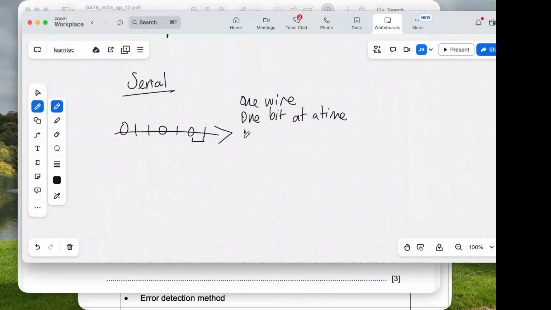What else about serial? We use it over long distance. So basically anything over 5 metres. So probably the room is going to be more than 5 metres, but you can put that in your answer, say it's probably going to be more than 5 metres, so we're going to need serial. And it is still fast though, so serial is slower than parallel, but it's still fast enough